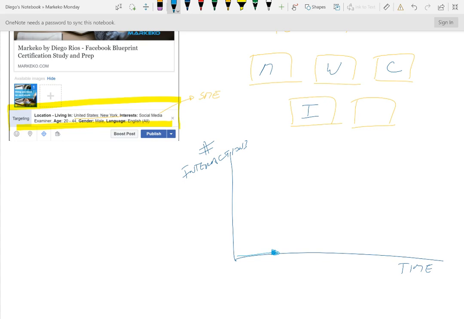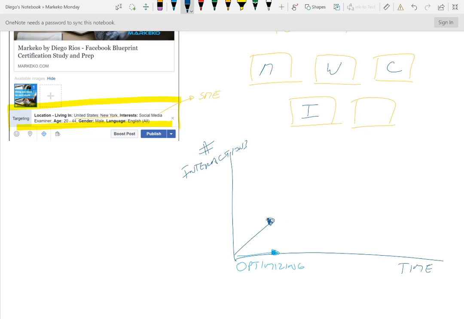People that have interacted with you recently, recent fans, people that interact with you the most, or people who Facebook thinks is going to interact with your content. So what Facebook is doing here is really optimizing, right? And trying to figure out if this content is relevant for that audience. So what you want to try to do is really try to maximize the impact that you're having in those first couple of hours. So the number of interactions.